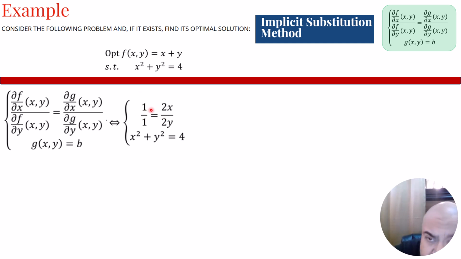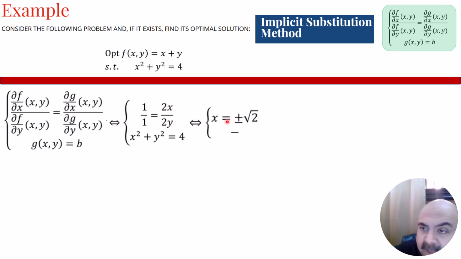I'm sorry, y to x. Same way like the implicit derivative, with respect to x and y. So it's going to be 2x divided by 2y. Then I will take this relation and make the substitution in the constraint by letting x equal to y,